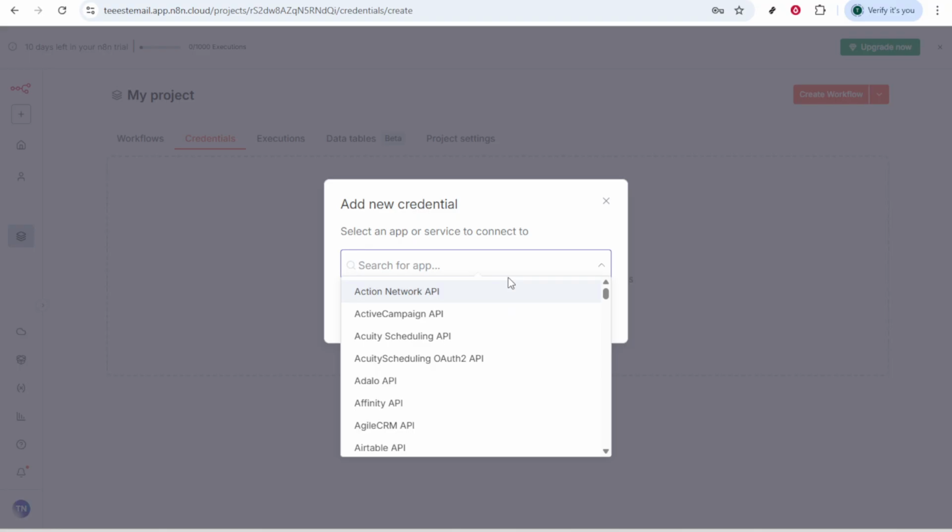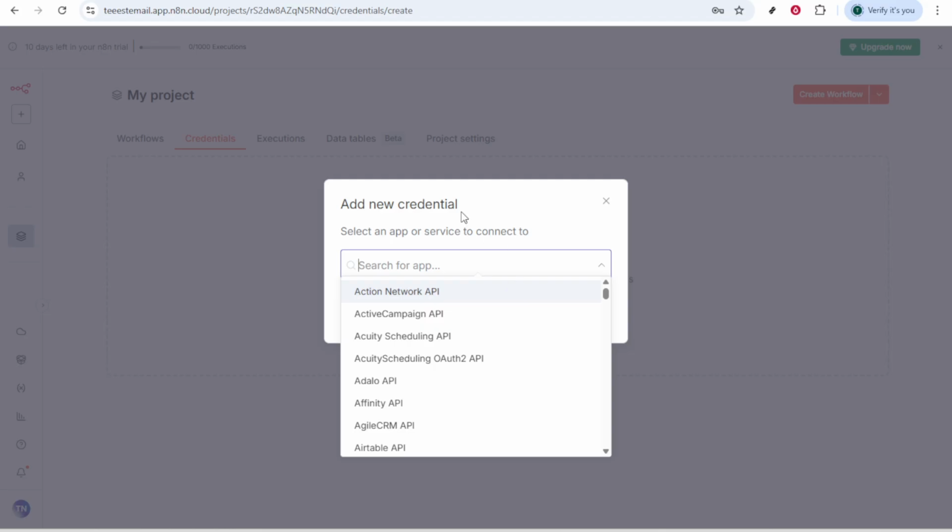With this administrative decision out of the way, it's time to pick the app or service you wish to connect to. n8n offers a vast array of options, ranging from popular apps like Google Sheets, Slack, and Trello, to more specialized or industry-specific tools. Carefully scroll through and select the one that best fits your needs. This step is like choosing the right tool from a toolbox, and selecting the correct service is vital for your workflow to be effective. Once you've gotten to this point, you've successfully laid down the groundwork for your credential in